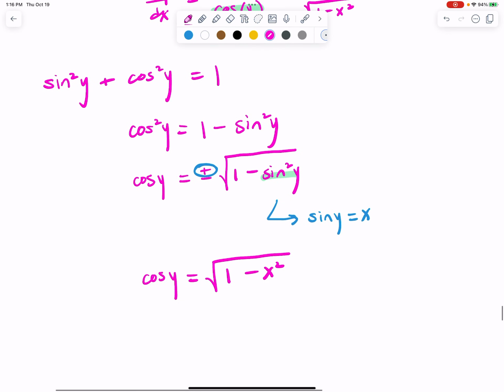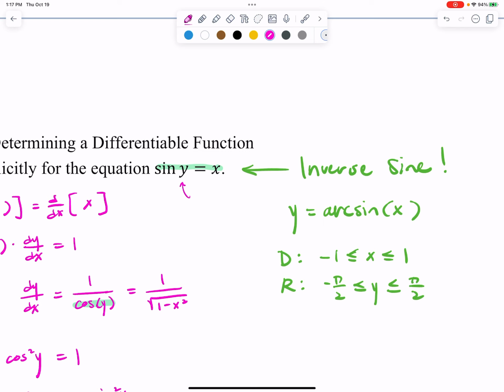If we look at the range of arc sine, the range of arc sine is between negative pi over 2 and pi over 2, right? So the inputs here would be between negative pi over 2 and pi over 2. Well, if we were to think about inputting negative pi over 2 or pi over 2 into cosine, that would be 0, and we'd end up with 1 over 0, so vertical tangent line. So the equation is technically not differentiable at the endpoints, negative pi over 2 and pi over 2,